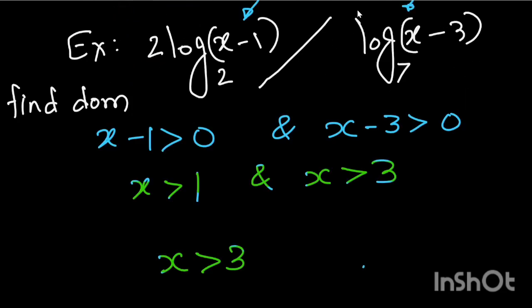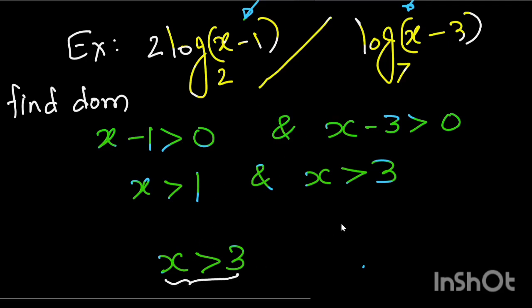To illustrate my point, let's take the same example. Now I have replaced the sum by division. The question is the same as the previous example. Now as you can see here, we will find the domain of f1, we will find the domain of f2, we will take their intersection as well, which comes out to be x greater than 3.